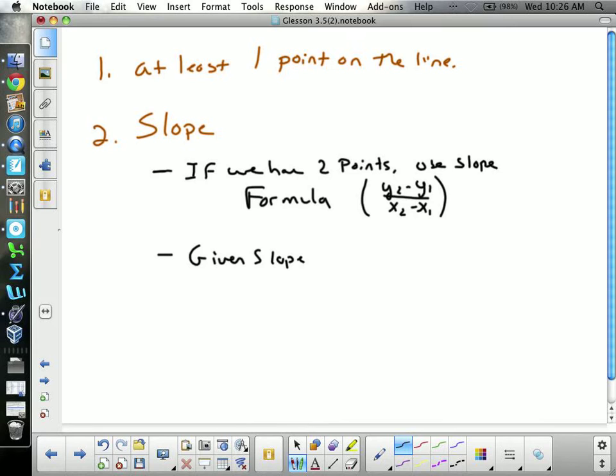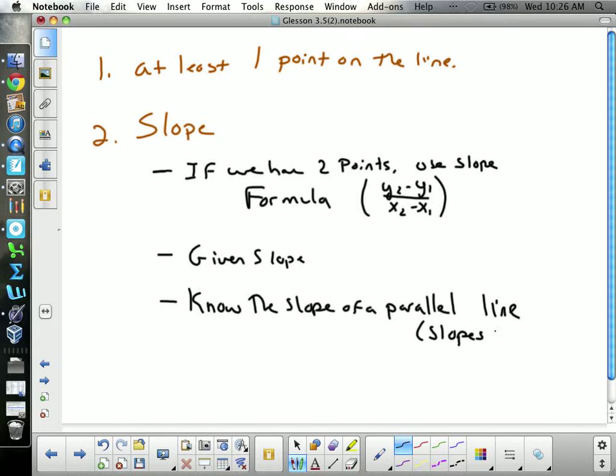What's another way we can find the slope? Okay, that's the point slope formula for a line. But the third way we can find slope, and this is always the one that gets a little trickier, is to know the slope of a parallel or perpendicular line. In that case the slopes will be equal if it's a parallel line, or